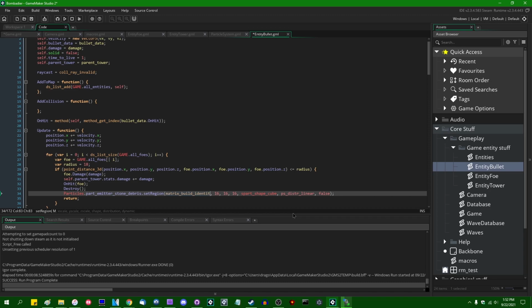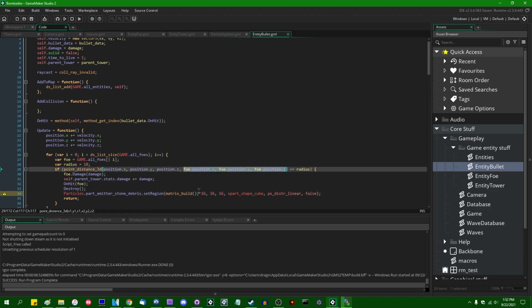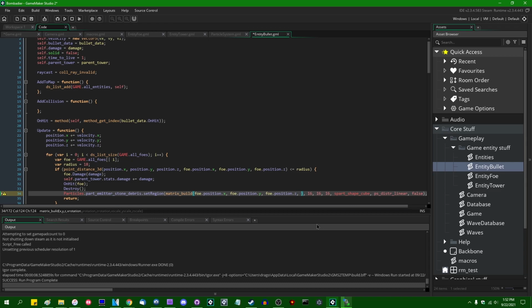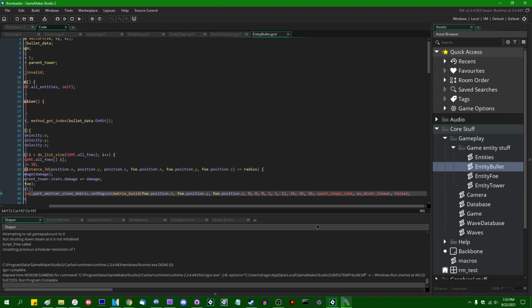Let's see. I'm going to want to set the region for this emitter, and this is going to be basically the location of fo.position.xyz. No rotation, no scale. Scale is kind of the way this is a little weird. The scale has to be built in separately outside of the transform matrix. Otherwise, it'll not work. I haven't poked through the code that determines how the emitters work in enough detail to know exactly why it behaves weirdly if you try to mush the scale into the matrix. But regardless,